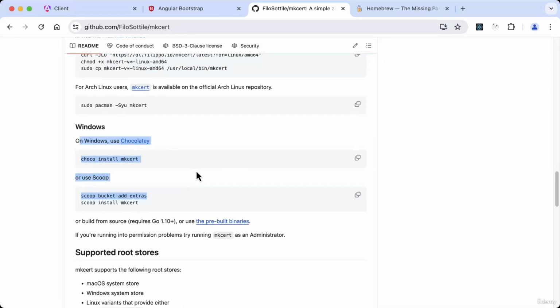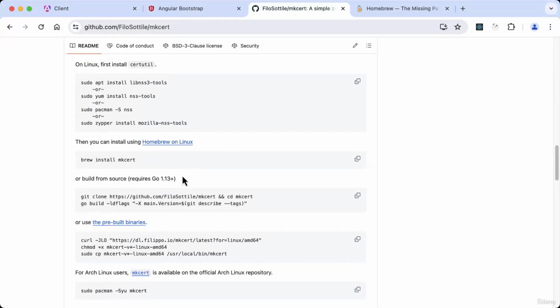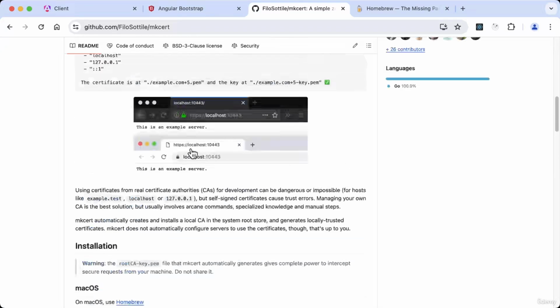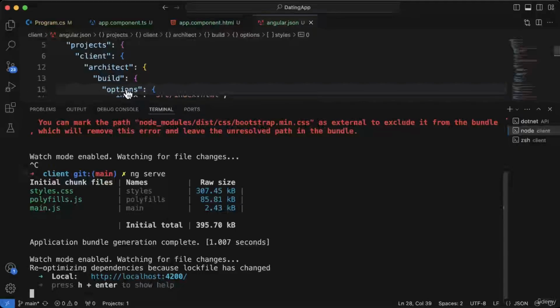So I'm going to demonstrate this on the presumption you could get this working, but if it doesn't work, don't worry about it, and just continue on to the next lesson and run everything on HTTP, or at least the Angular app on HTTP. But on the basis that you did get this far, then the first thing you need to do, and you may need to do this as an administrator on your computer, is just run this command, mkcert -install,